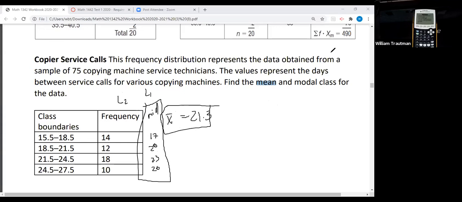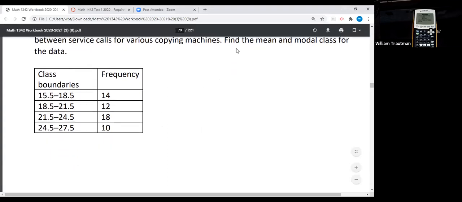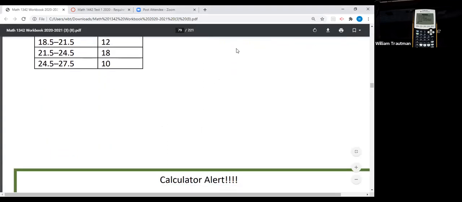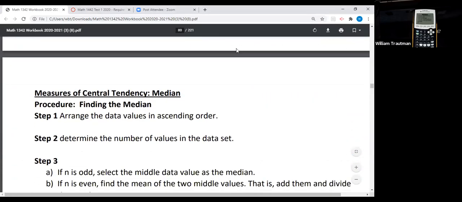We are going to be using so much calculator stuff for this test. I mean, the whole test is going to be calculator, pretty much everything on it. So you have to be very proficient in this. All right. Let's see what else we got. This is just one section, 3.1. We still have to go through 3.2 and 3.3, and then next week, 3.4. Okay, so next,